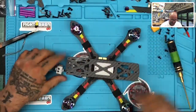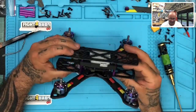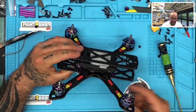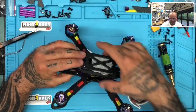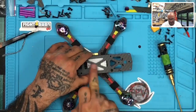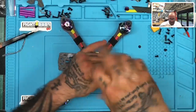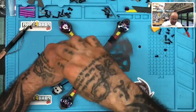All right, so I'm just gonna put this in just as it's there. So, but look, so there you go. So we've got everything fitting in nicely. We've got enough air to pass between the two. This is gonna house it just fine. What I will do is most likely put, because there is a gap here, but I'm not gonna fasten this down. I have no reason to fasten this down because it's not going anywhere, especially with the Onyx. But what I will do is I will go under here and I'll show you exactly how this is gonna look. So I will take a piece of